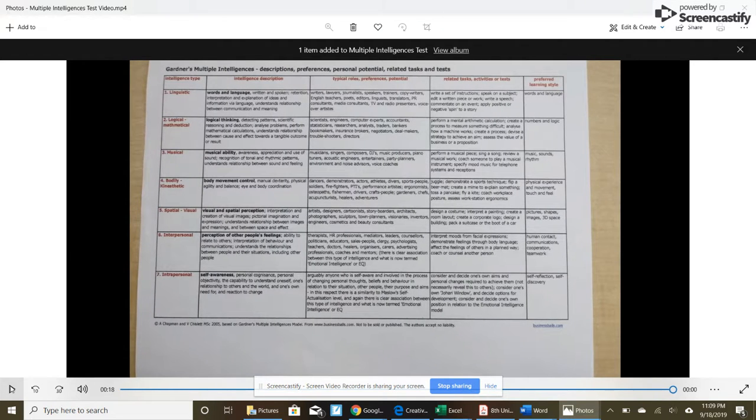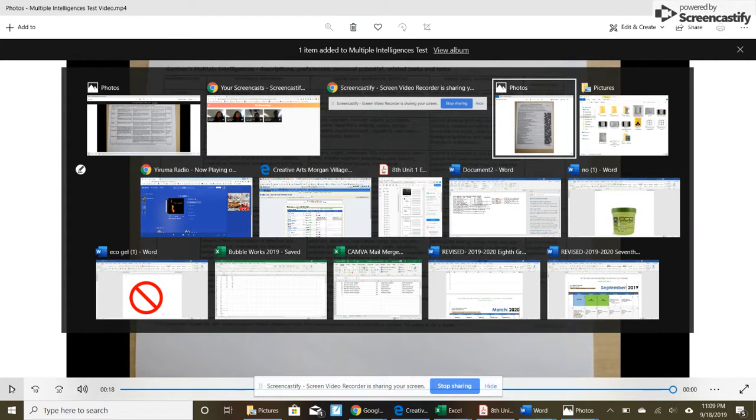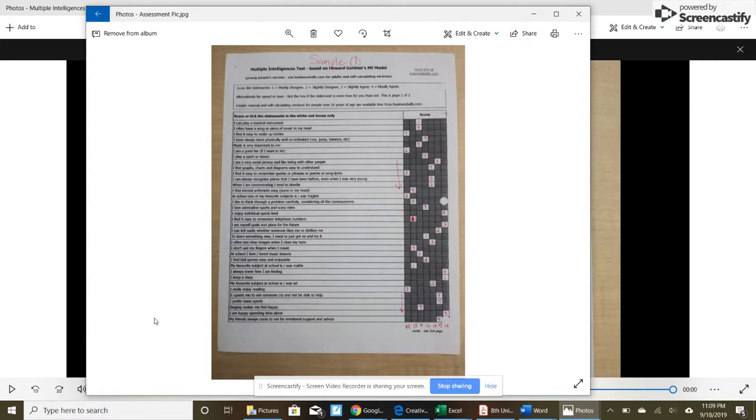These 3 pages make up the packet that you've received for your multiple intelligence test. This is your first page. It is your actual test that you're going to take. The instructions for how to score it are at the top. 1 is mostly disagree, 2 is slightly disagree, 3 is slightly agree, and 4 is mostly agree. I think I said that correctly. Anyway, you're going to take each one of those scores, your 1, 2, 3, or 4,